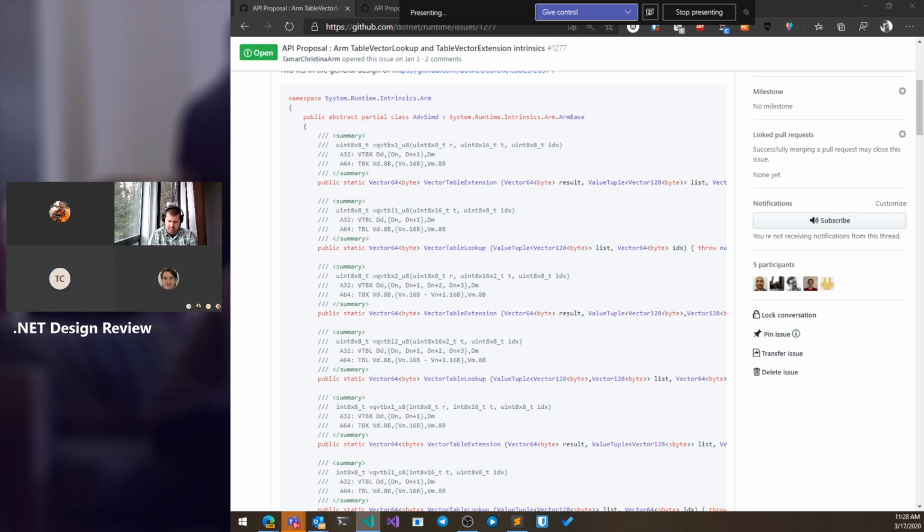So is there any reason why the vector table extension that takes just one element needs to be a value tuple of one element? No, that can be just a single register. Because then you actually have, it would be actually in favor of using value tuple because then you have uniform syntax